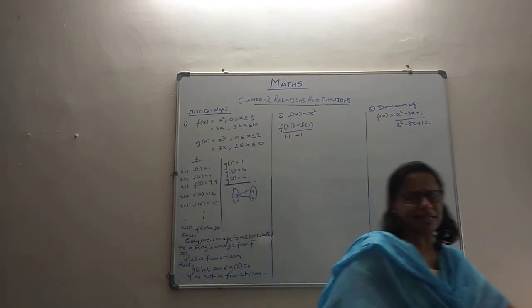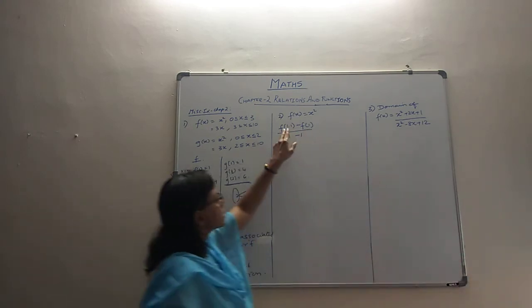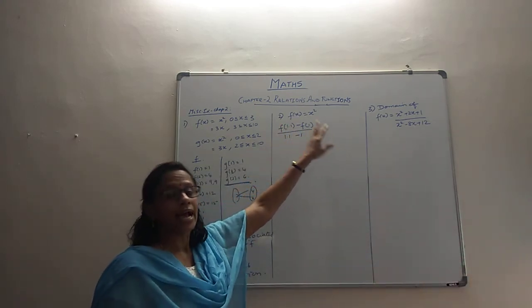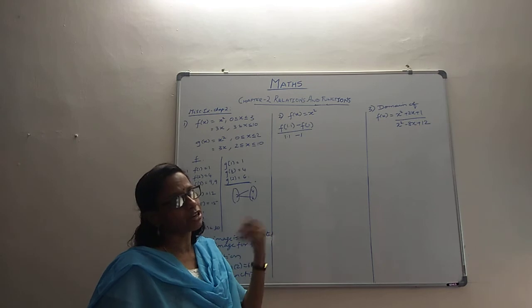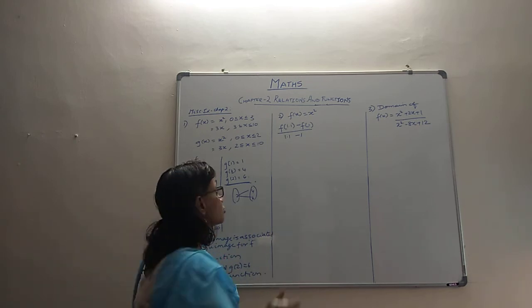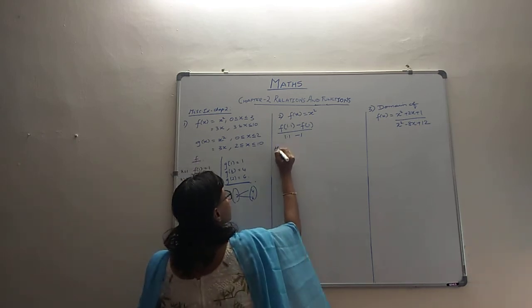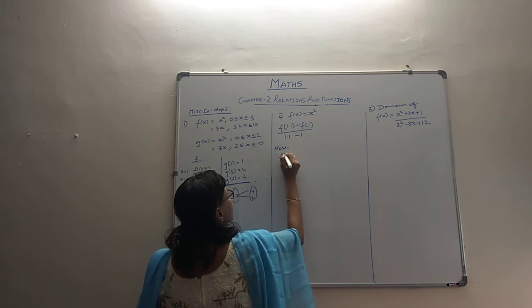So it's nothing so great. We only have to find out f of 1.1 and f of 1, and then we can substitute them in this expression. You can get the answer. It's only about that. So let's see how to go about that. Here, let's try to find out f of 1.1.